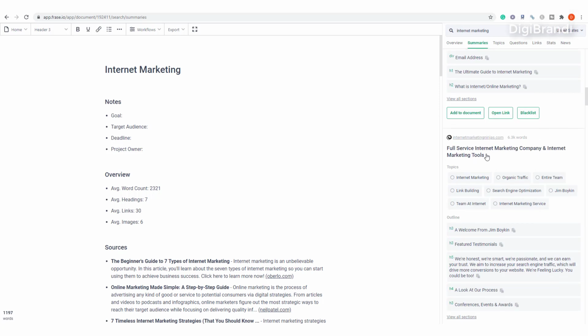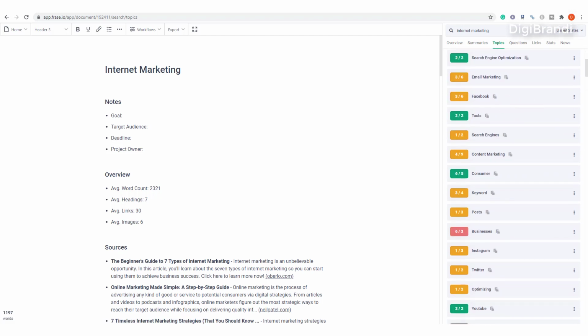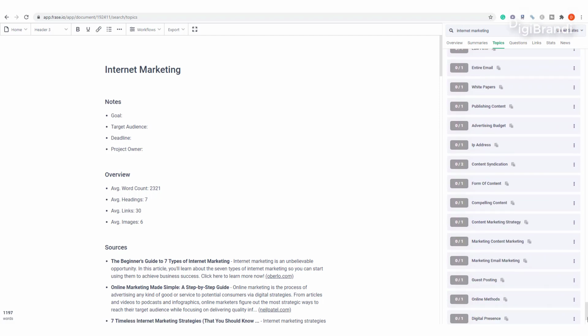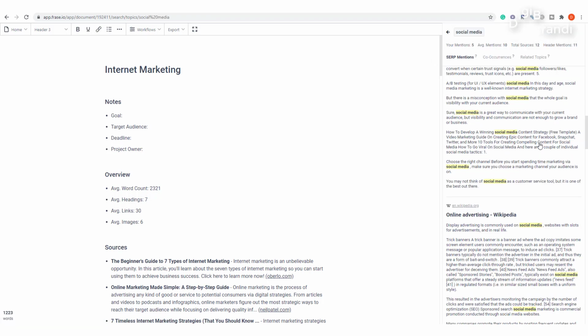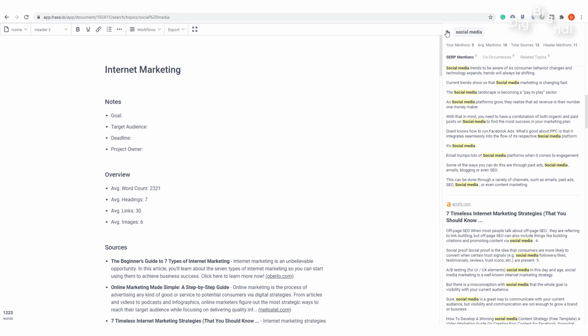Where are these articles from? If you remember, we selected the Google top results. So these are from the Google's top results. Now, if we only want to search about particular topics, or if we want to explore the topics about our content, we can click here. And these are all the topics that are related to our search query. If I click on any of the above, we can see that the content briefs or the summaries related to that particular topic have been shown on the right hand side, which can help you in writing a great